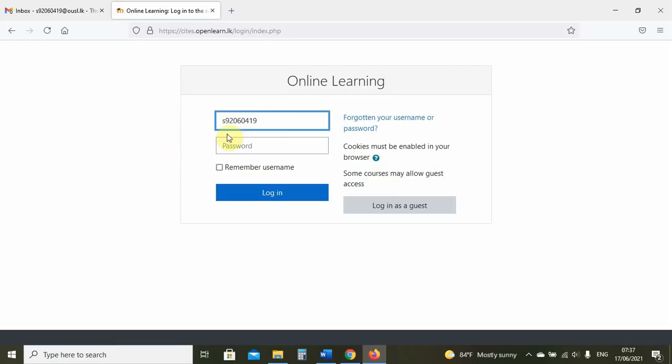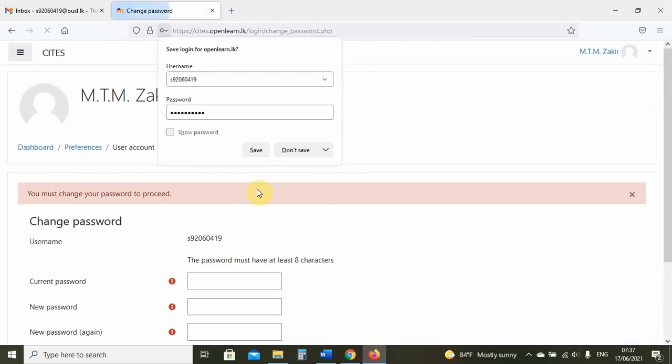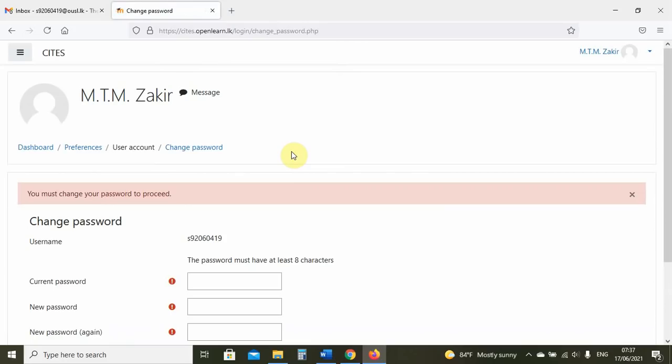So we will use his S number and his NIC number to log in. I will not save it, but if you like, you can save it when you log in for your account on your computer or your phone on a web browser. So now we have come to a particular account. In this case, our friend Zakir, who has allowed me to use his account.